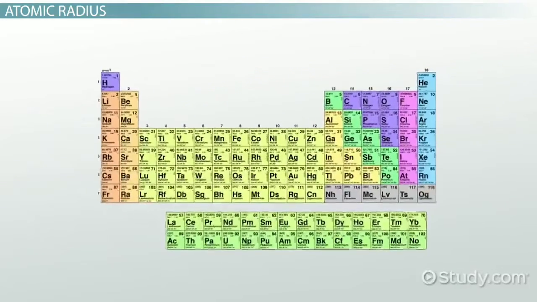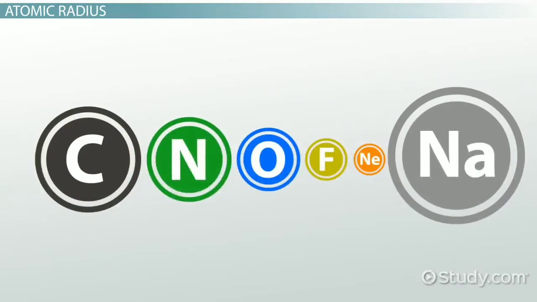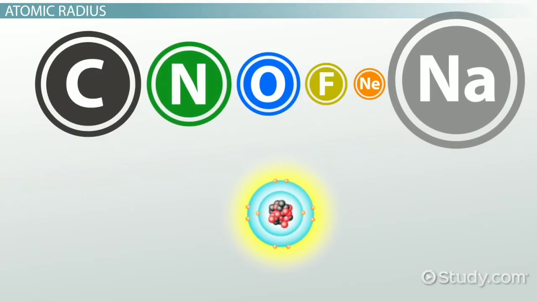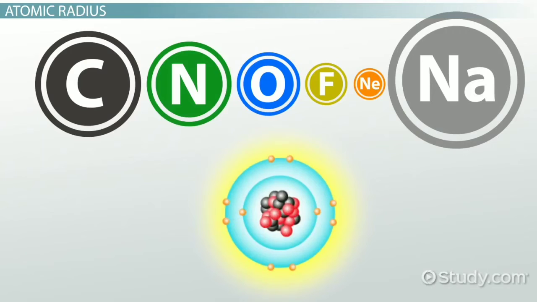Let's take a look at a few examples to help us understand how this works. Here we see carbon, nitrogen, oxygen, fluorine, neon, and sodium. As we add electrons to the outer shell, the shell is pulled closer to the nucleus. However, when a new shell is added, as in the case of sodium, the size of the atom is bigger because the one electron in the outer shell does not have enough negative charge to pull the shell close to the nucleus. So, an individual